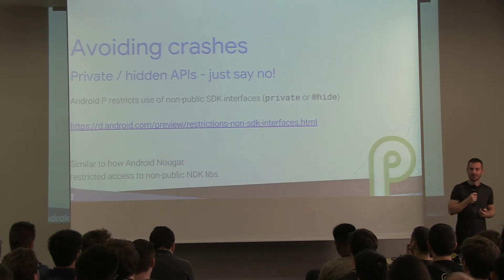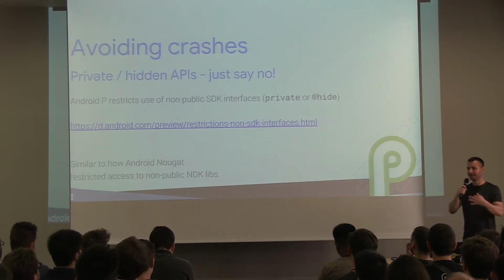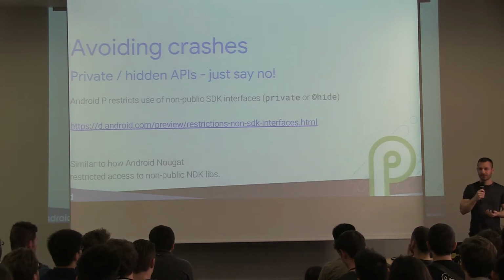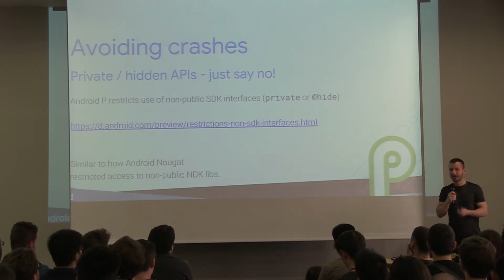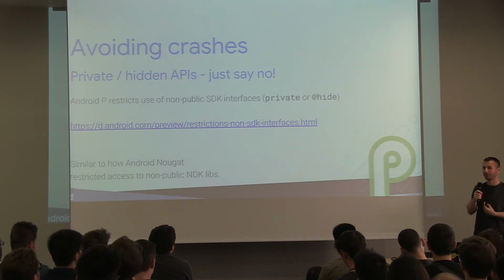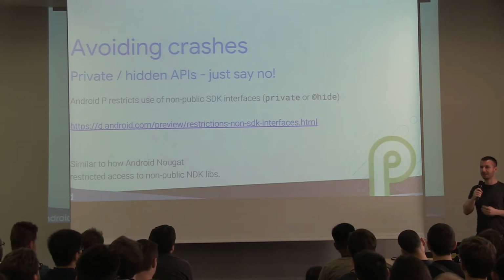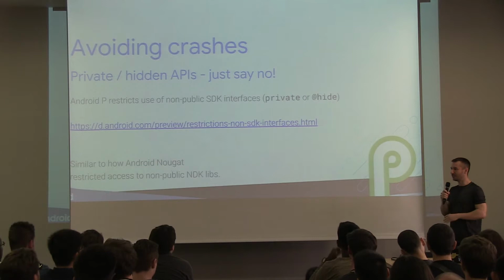And going back to that Android vitals and living organism analogy, private APIs are a little bit like a drug. So you think, well, Android doesn't let me do these things, but I know it's there. It's in the code base somewhere, but it's not exposed to us. So I'm just going to use it by reflection. And now my app gains superpowers. It's great. Everything works. I'm hooked on it.